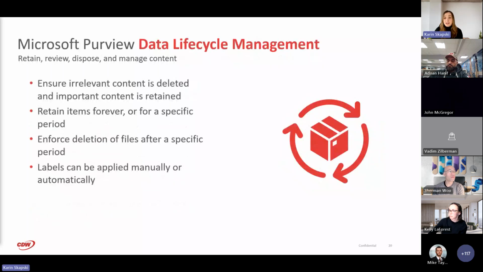And Microsoft Purview Data Lifecycle Management is a feature that ensures the handling of our data from its creation to its disposal. Again, it plays a key role in clearing out unnecessary data, but also securing vital information so that it's not deleted. So this information management tool allows for the retention of items either indefinitely or for a set duration. And this can depend on